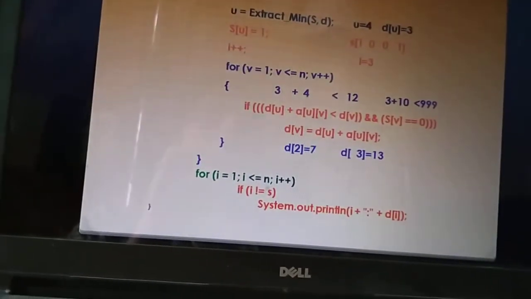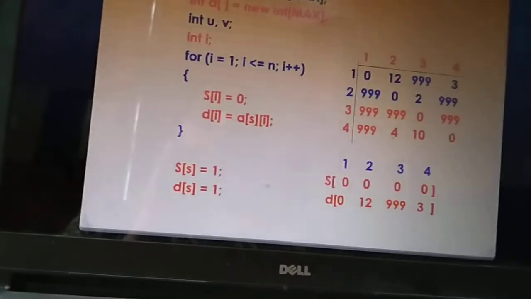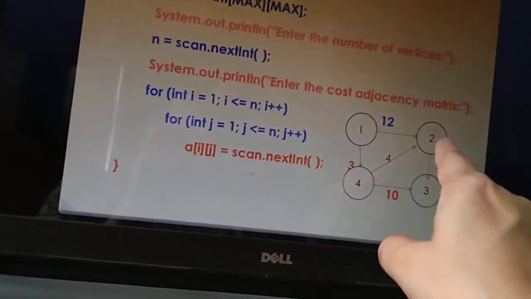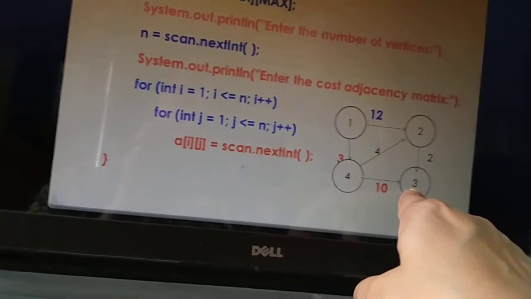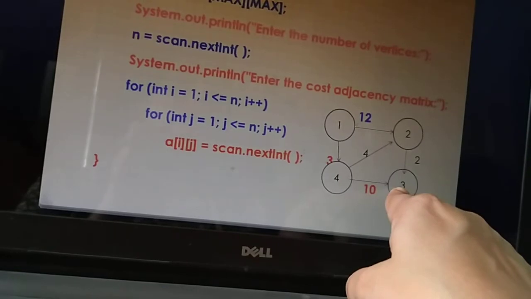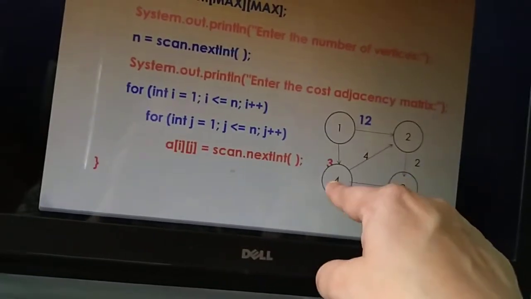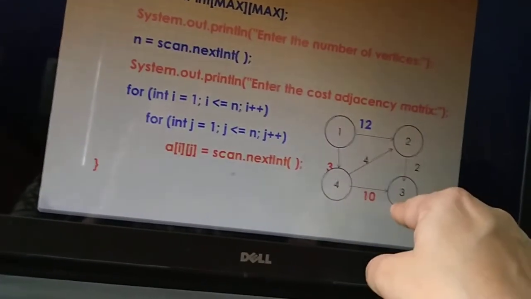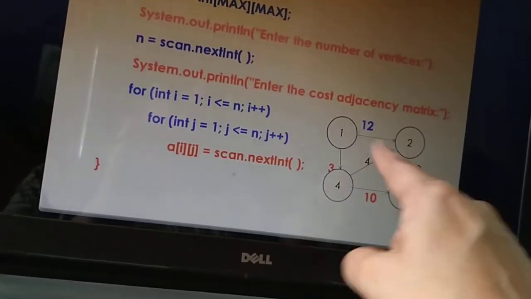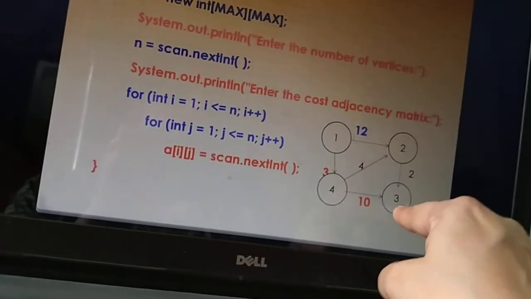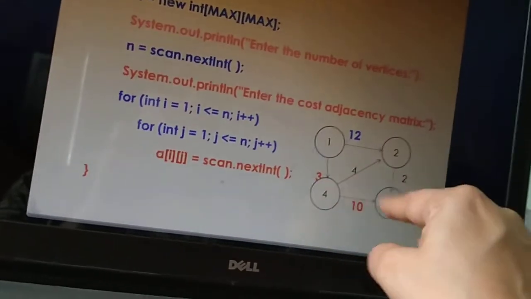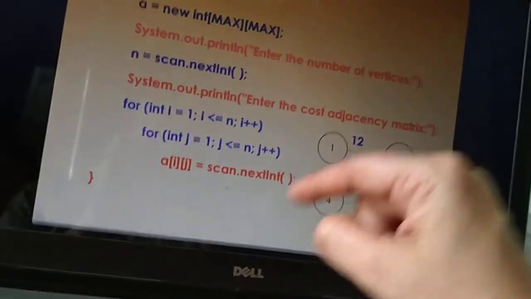Now through that 2, can you reduce the distance to the one more unvisited vertex 3? That you need to check. What is the previous distance to 3? It was 13. Through 2 if I go, can I reduce it? Yes. 3 plus 4 is 7, 7 plus 2 is 9. If I go in this direction, I got 13. But if I go through 2 like this, it is how much? 9. So 9 will be the final value.